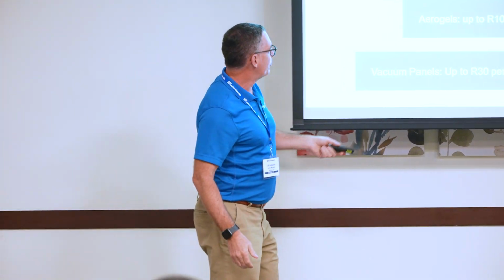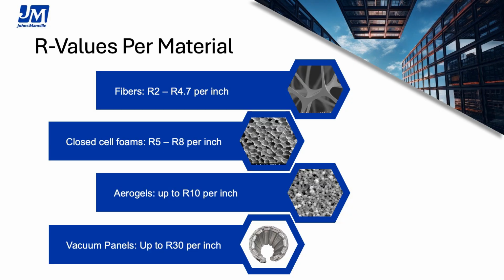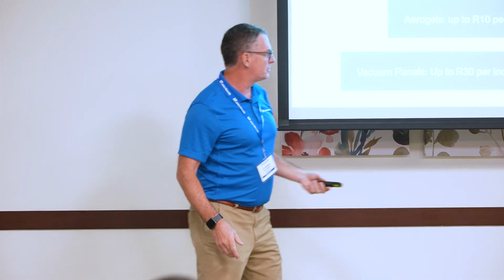Like air can't transfer heat the way it does normally by conduction because we've made these spaces so short that we interfere with how just the air can conduct heat. That's why aerogels get R10 per inch, and then something like vacuum panels up to R30 per inch. Well, again, there we've literally gotten rid of the air. It is just a vacuum, so the only thing left really is radiation, and we can control that with shiny surfaces pretty well, right? So that's kind of why some of these materials get some crazy levels of performance, but